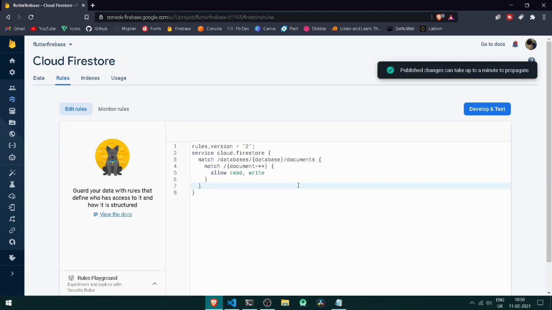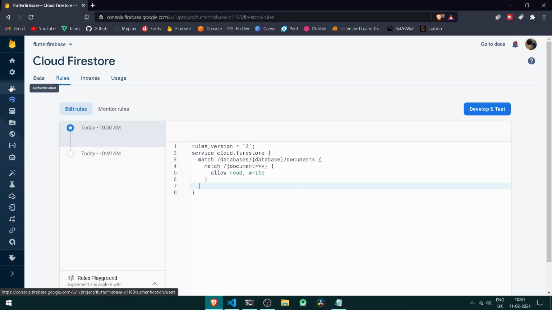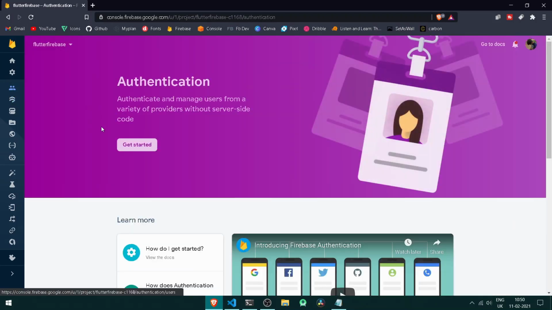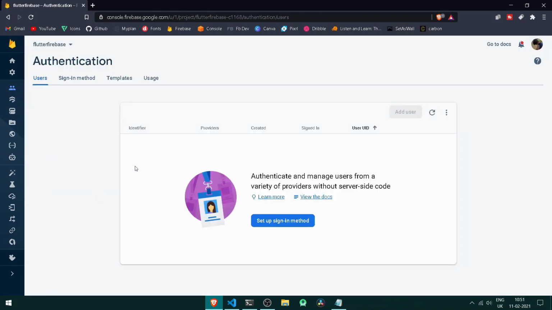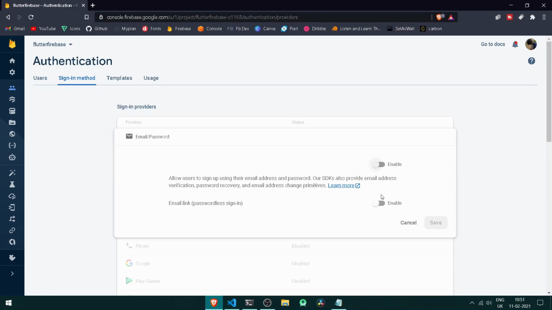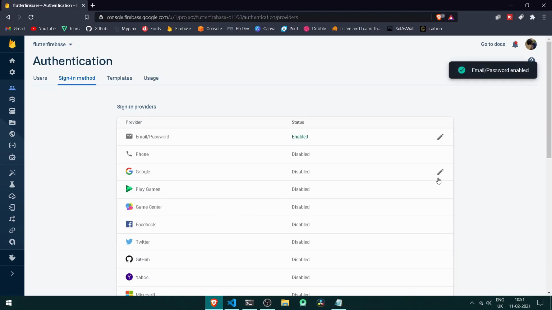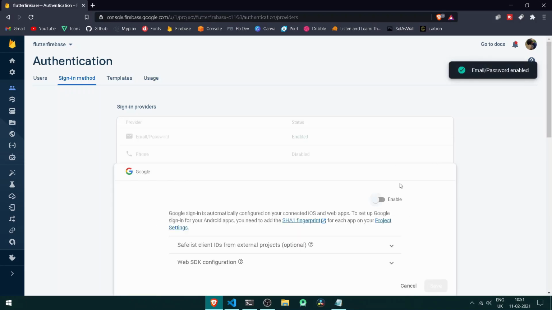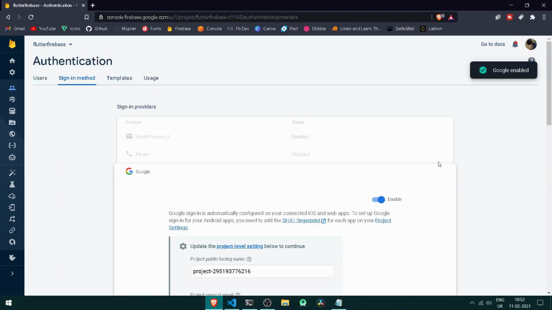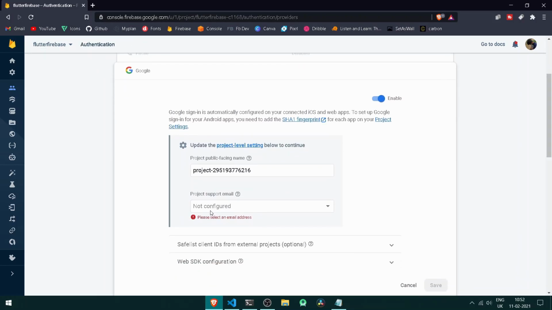Alright, so once we have done this, let's go under our authentication tab. And under our authentication tab we can get started as well. Alright, so now we can simply set up a sign in method. So you can move here and simply enable our sign in with email and password and press save. The next thing we shall be doing is simply enabling Google Auth as well. No worries, so we can move it again one more time. Come somewhat down and simply configure any of the following email addresses.